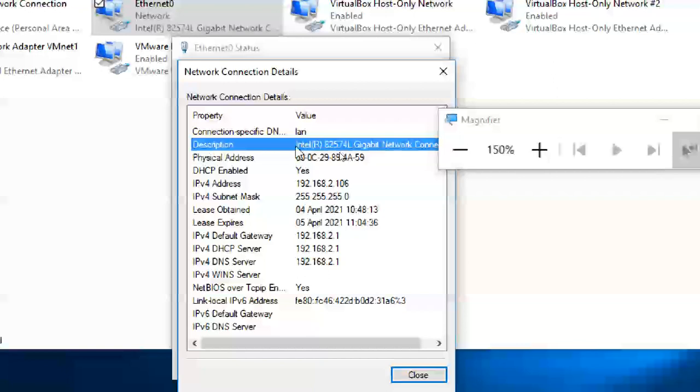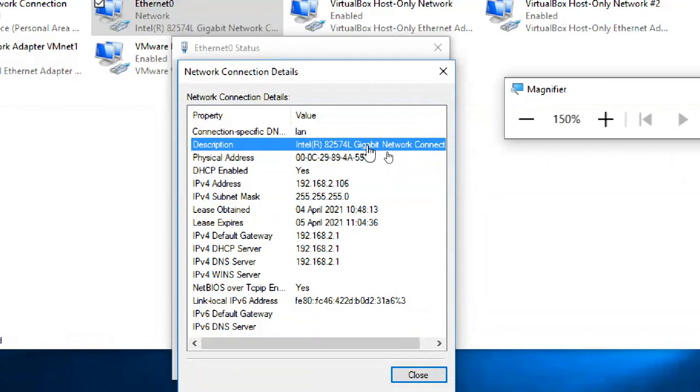Can you see this is my virtual... Here you can see it is showing an Intel 82577 gigabit network connection.